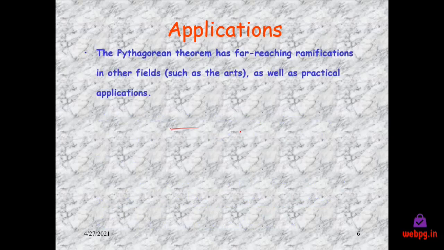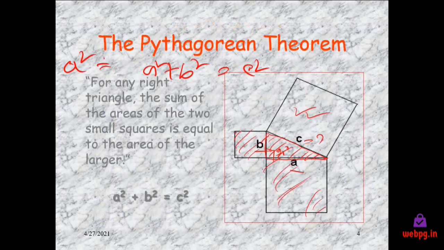Let me go back to that actual picture. If we see here the area of a right angle, right? So how do we find the area of any square? If this is a square, and the side has length x, and here is the other side x, because this is a square box, the area is x into x, which equals x square, right?